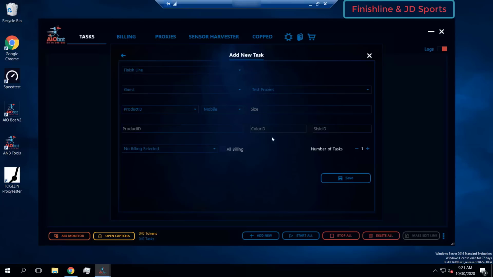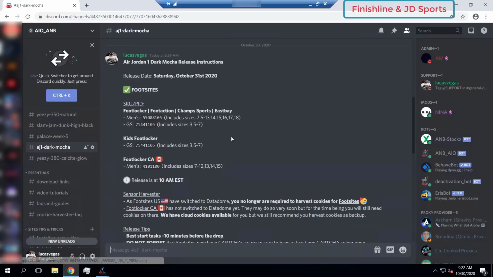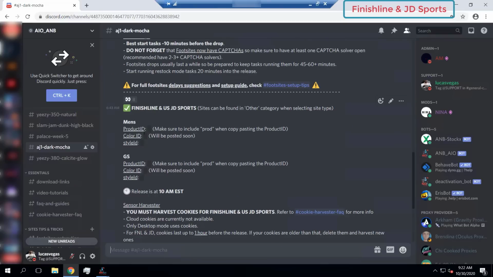The product ID, the color ID, and the style ID are all provided in the guide. At this moment, we don't have them in the guide, but they are usually posted on the night of the release or a few hours before the release. So you could just go on here, copy, paste all the different